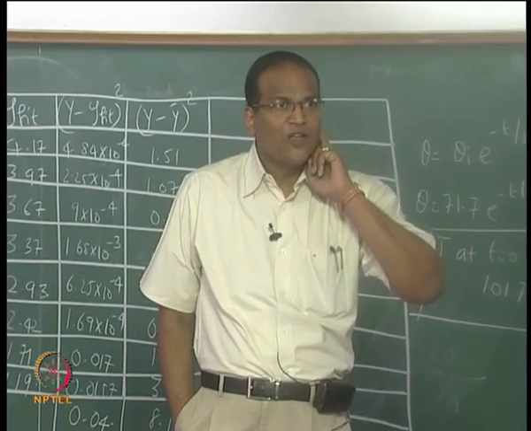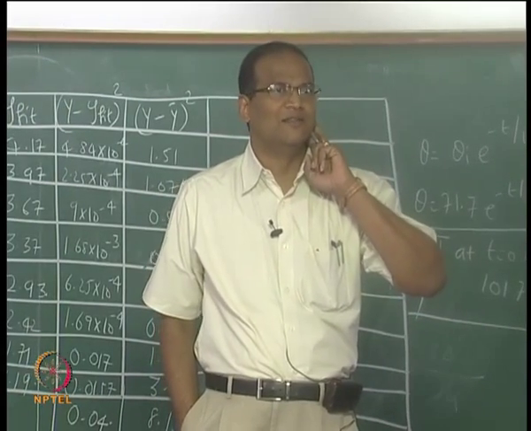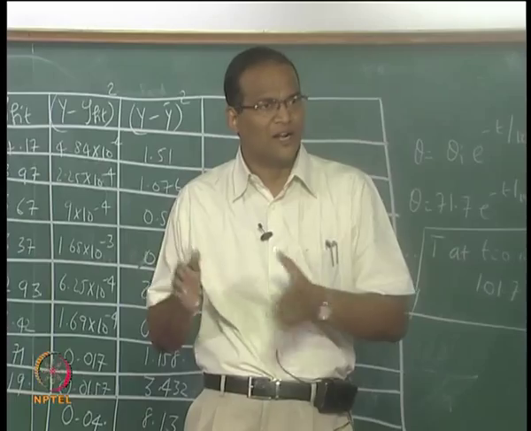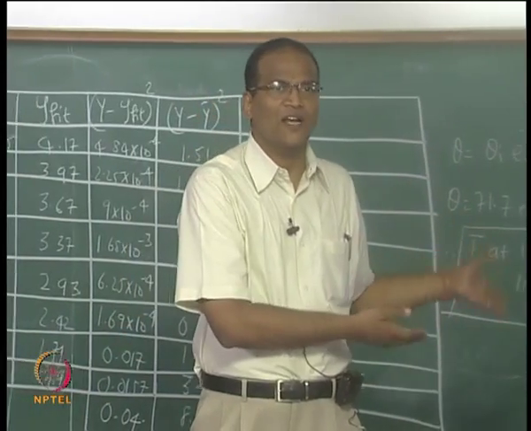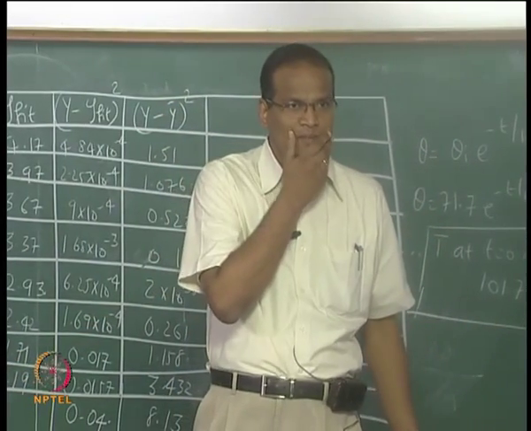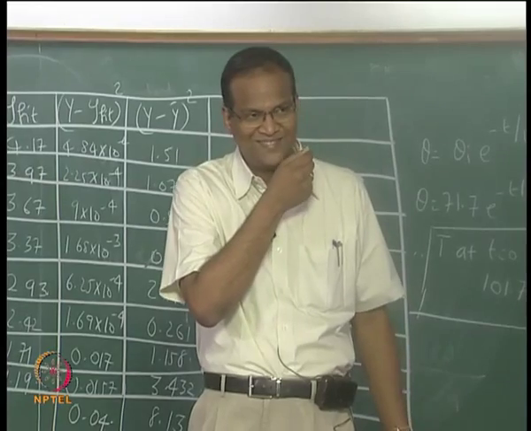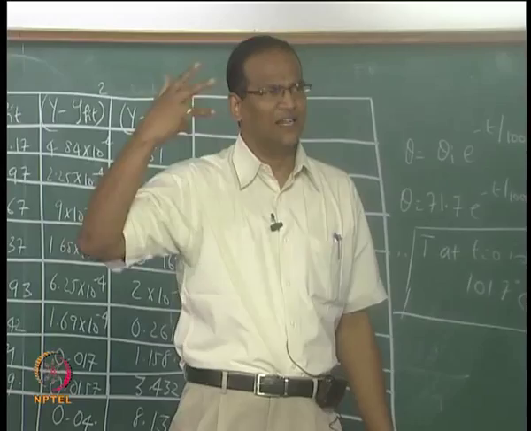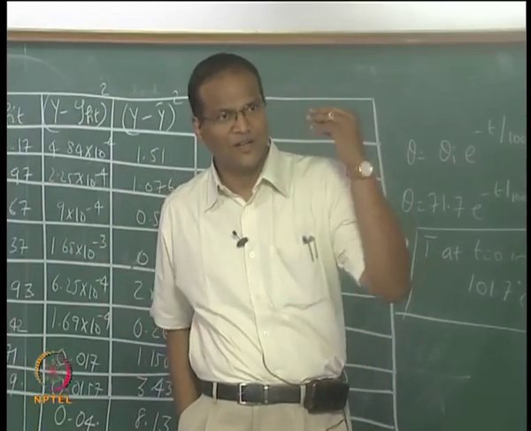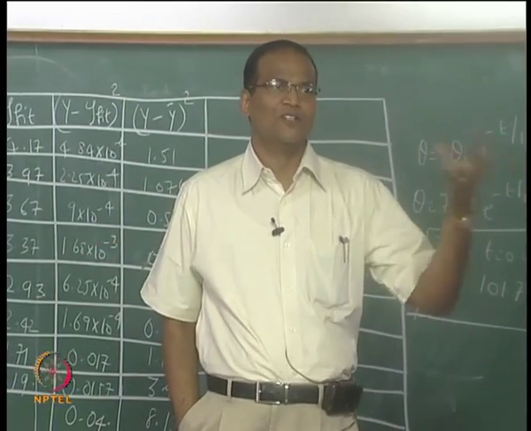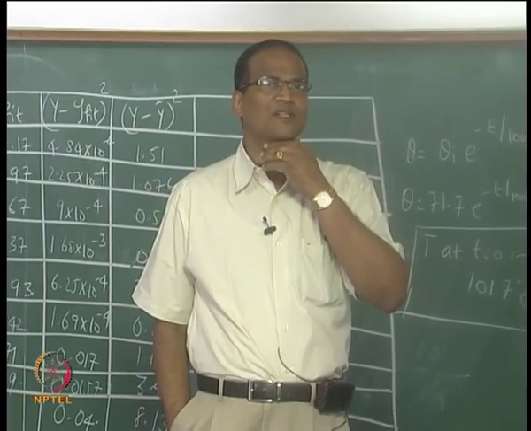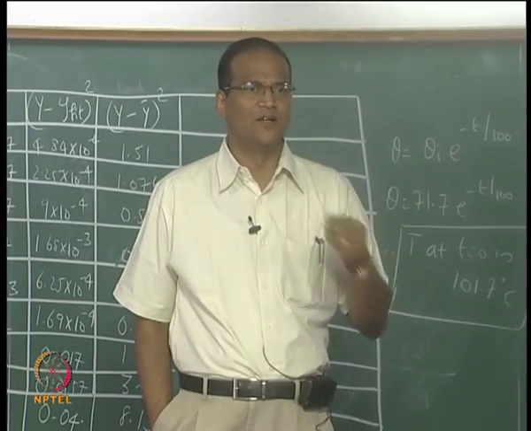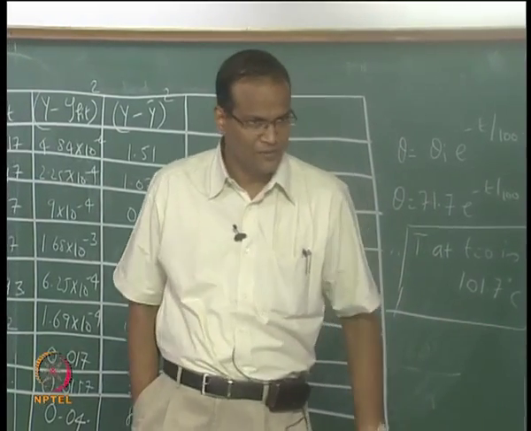right. In fact you can subdivide the data into three sets, early part, middle part and final part. For each of these parts you may get a different value of tau, okay. So these are all additional things when you do experiments, design of experiments and this thing, you learn all this. If you actually try to measure for some company or when you are trying to do some research and all this, these are the additional factors which you will have to consider, fine, okay.